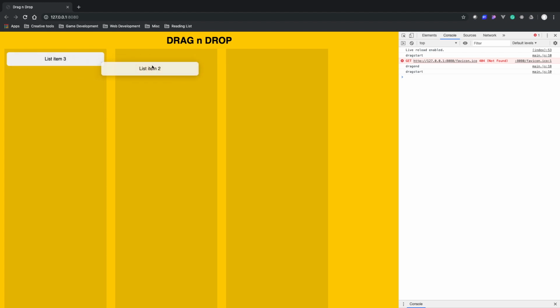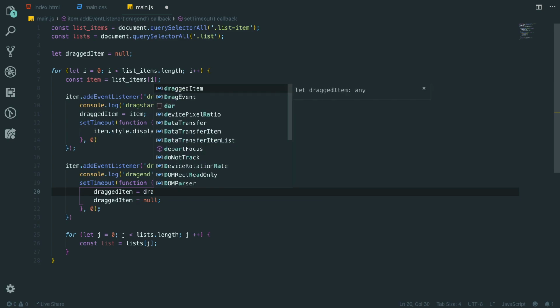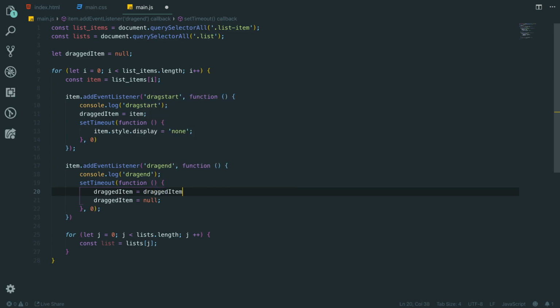So you see we can drag it and we can let go. Now it is still invisible. It's still here. You just can't see it because it's invisible. Now we need to do the same here. So we need to set a timeout. And after the timeout is hit 0, just so there's a slight delay, we need to say dragged item